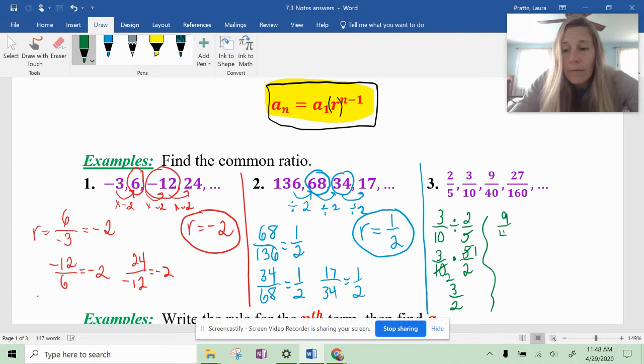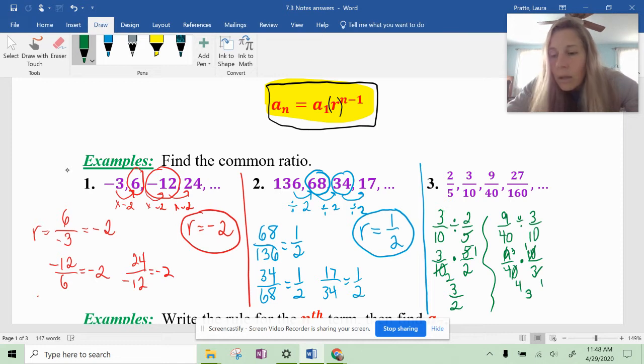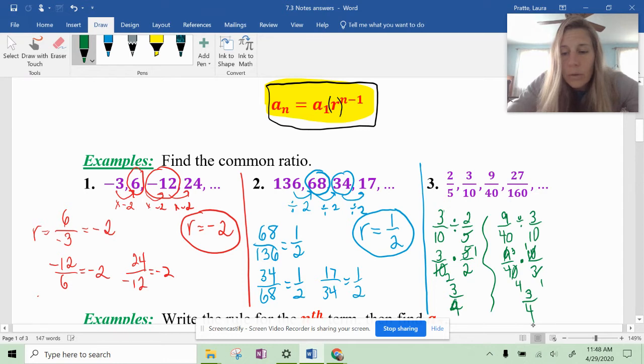So if I had 9/40 divided by 3/10, leave the first fraction, change to multiplication, flip the second fraction, right? Now I'm just going to simplify here, cross canceling. I get 3/4. Oh, and then the last one was also 3/4. Sorry about that, 2 times 2. And then if I'm going to look at my third one,